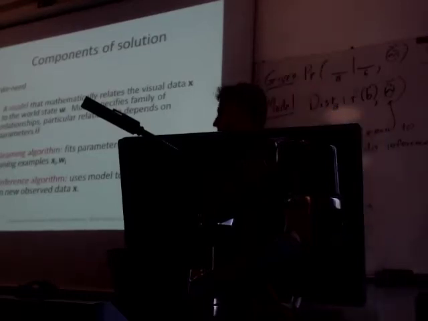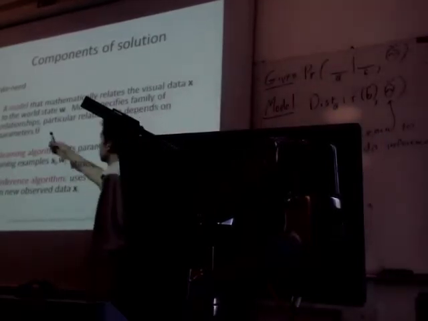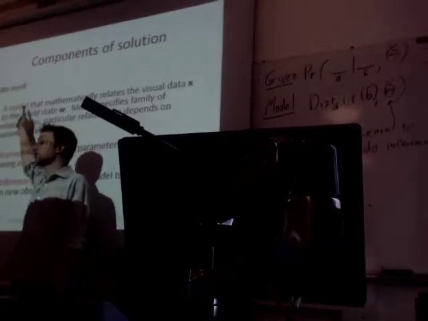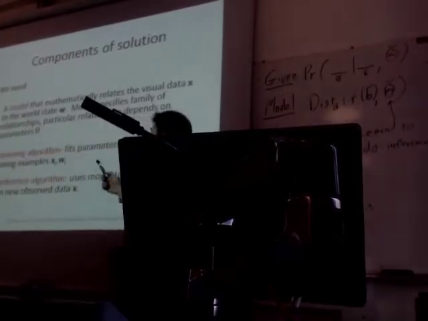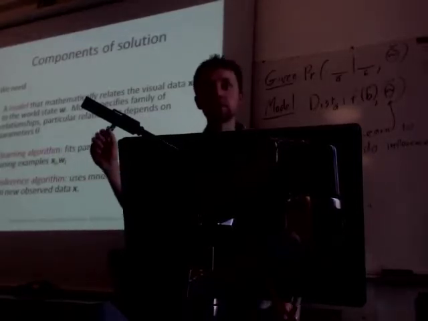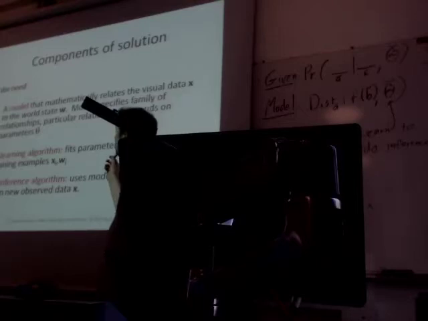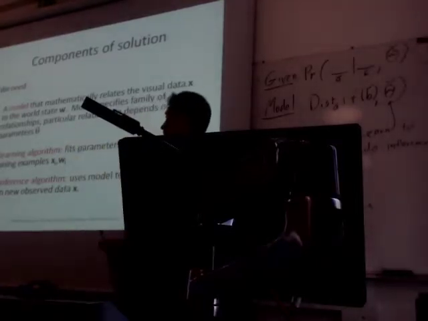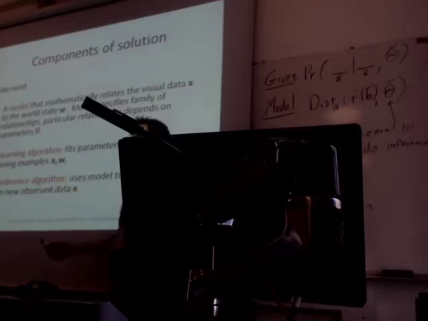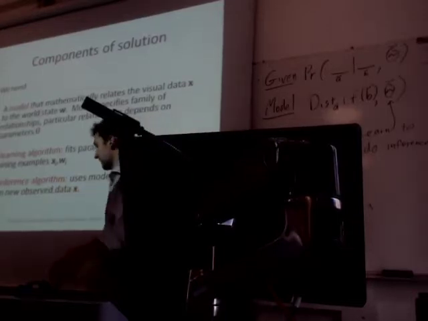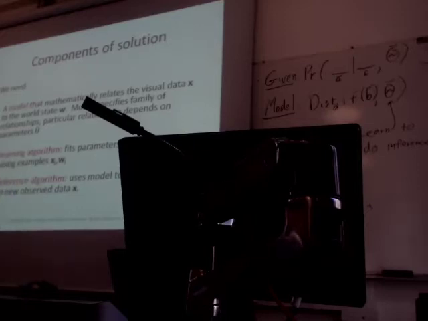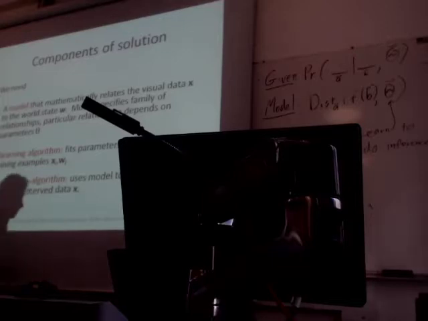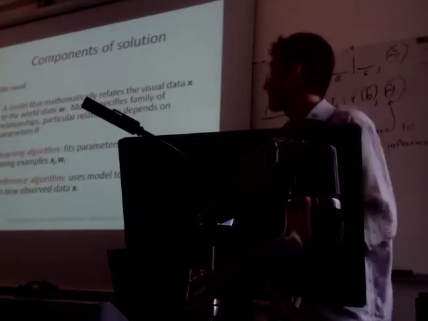All right, so in our solution, we're going to have a model. We've been introducing these already, right? So these are models for our probability distribution. We're going to have a learning algorithm. This is what we discussed in chapter 4, fitting of the parameters to a given model. And then we'll have an inference algorithm. The inference algorithm is what you do after you've seen all the training data, and then on the big day of the test, someone comes along and says, here's some test data, X star. Please tell me what is the state of the world. Not just the number, but give me the distribution of possible states of the world that we're in. So with these three components,